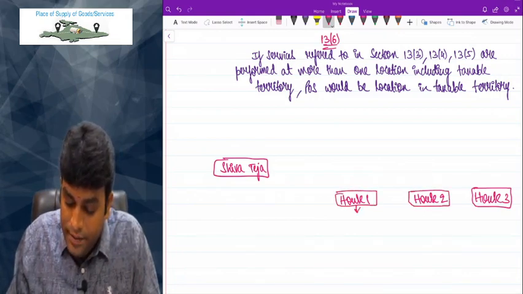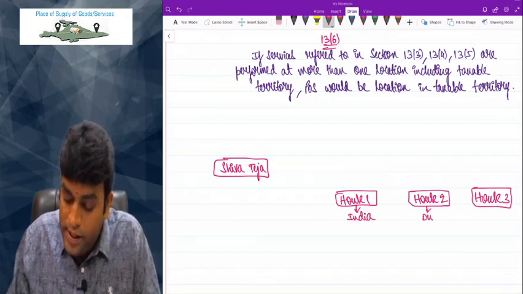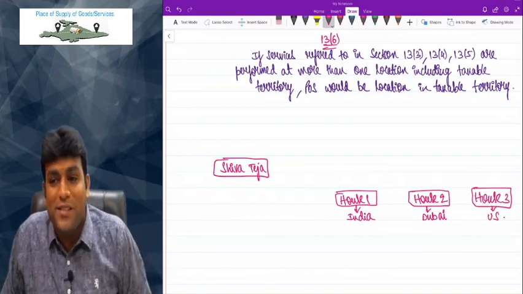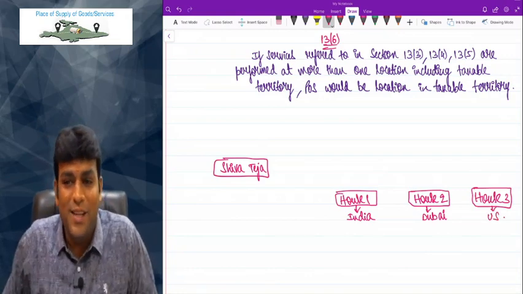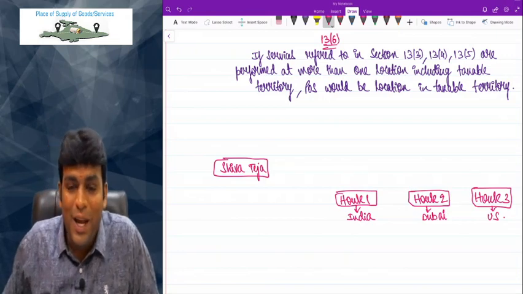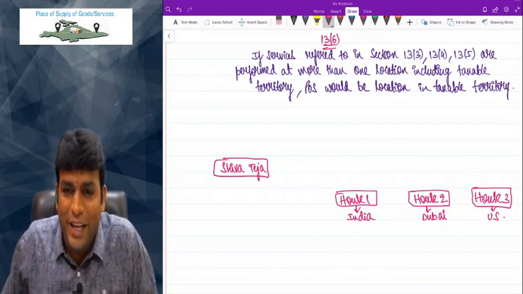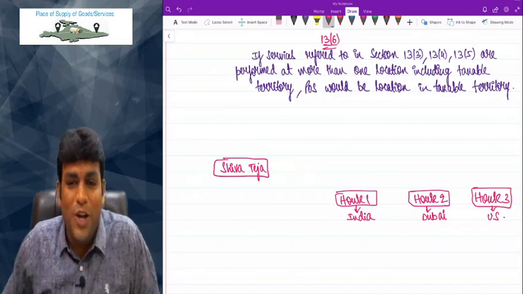House 1 is in India, house 2 is in Dubai, house 3 is in US. So I've got 3 houses like this. One is in India, one is in Dubai, one is in US. So I've got 3 houses. Correct or not? Speak out, friends. Exactly. So the question is all about,